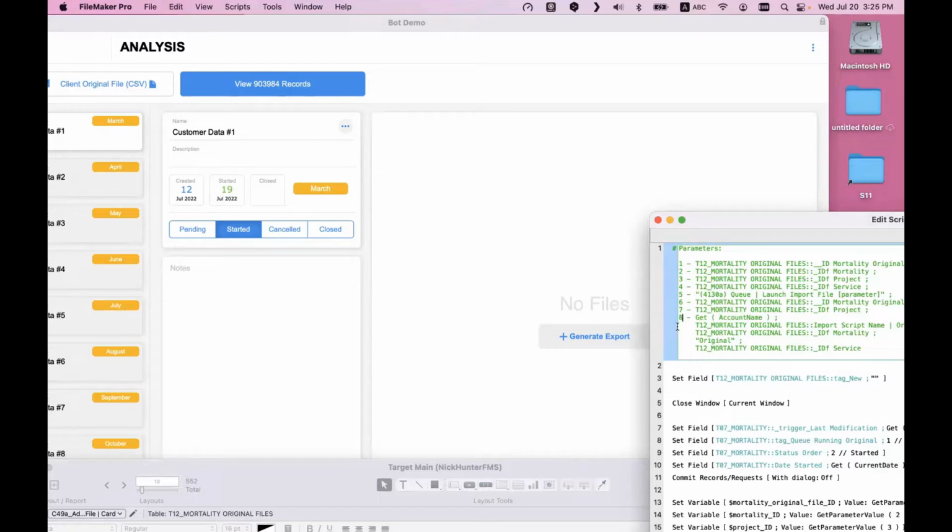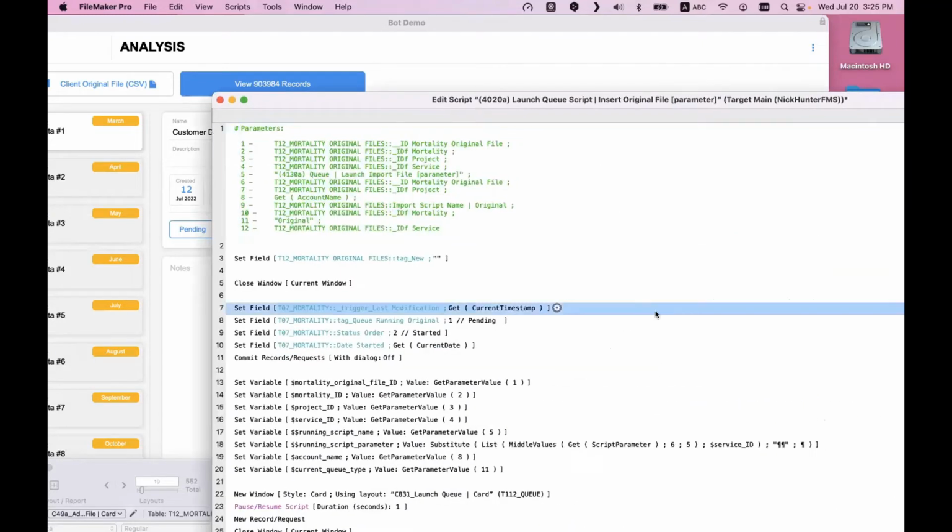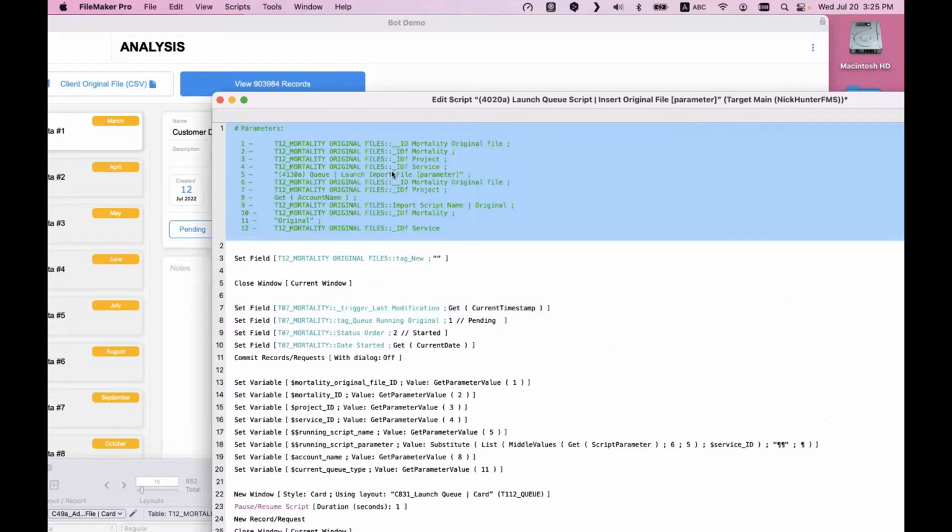Now you see I have many more than before because I updated it. So this is the 11 and we have the 12. Everything is cool, everything well done. Now I have an up-to-date parameter.